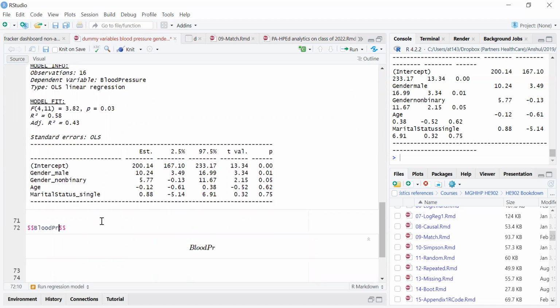So I'm going to call it blood pressure equals, and I'll just go down the line, 200.14 is my intercept, plus 10.24 times male, plus 5.77 times non-binary,